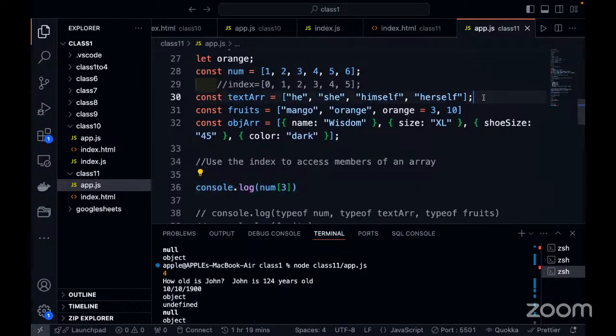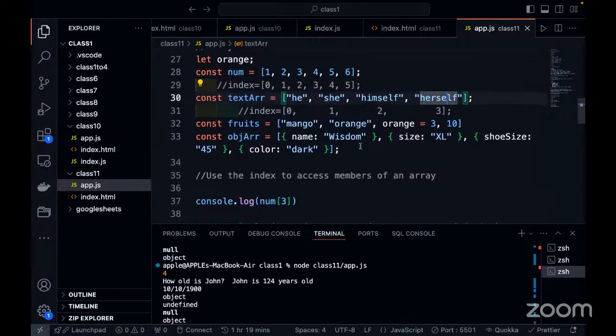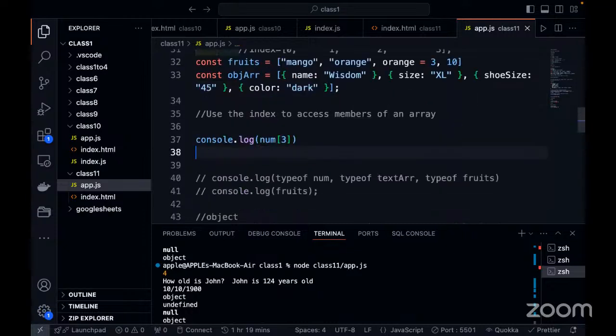So if you come here, same thing, right? Just let me copy this index. So that's what you actually use. Same thing here, take this back. So this is 0, then 1, 2, 3. So this one just has 0, 1, 2, 3, right? So if you want to access the one at the second position, which is she, you can just